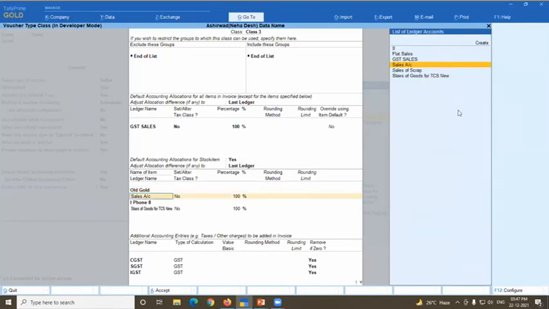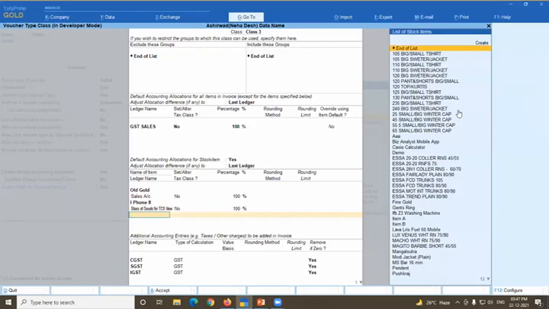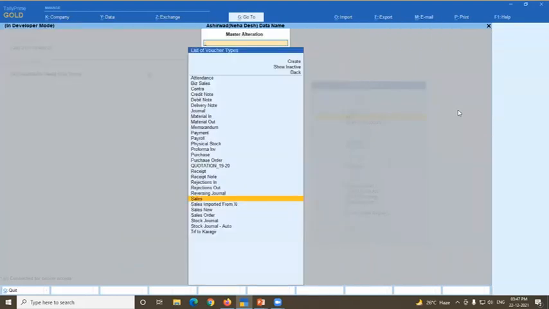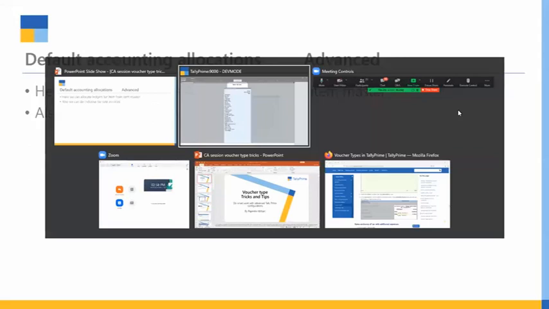So you can select your item and which ledger you want to post, and this way you can select multiple items specifically for multiple ledgers to post. That is actually a very advanced topic, and it should be done in one session on its own. But today we are considering other voucher types also, not only sales and purchase. So I'm just moving ahead. If you have any query, you can ask in the FAQs.